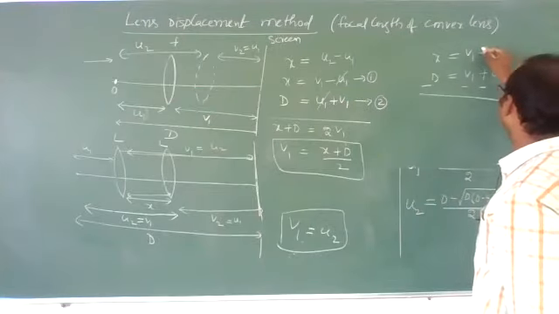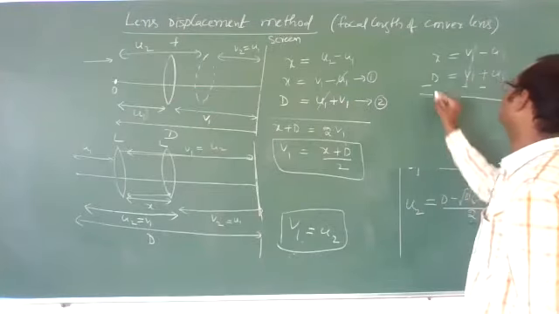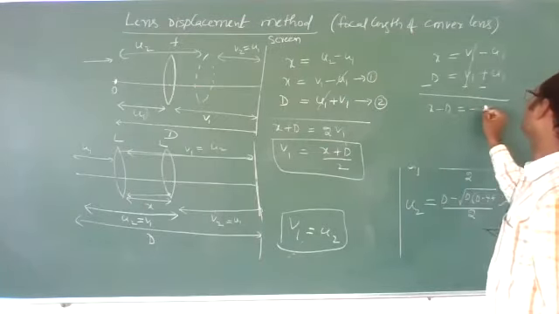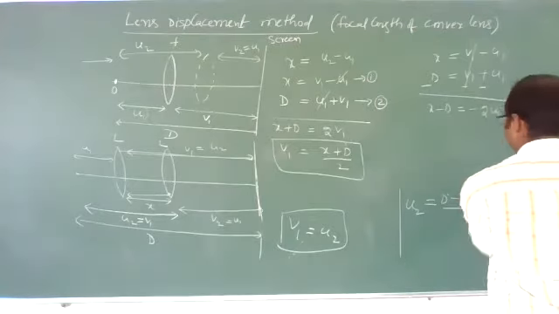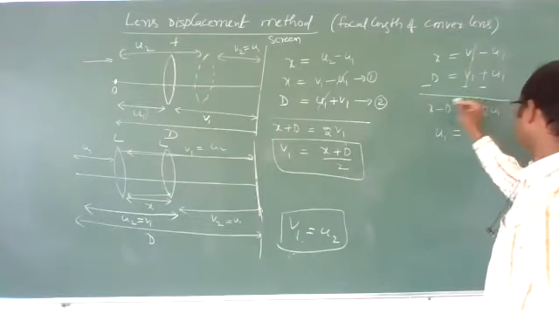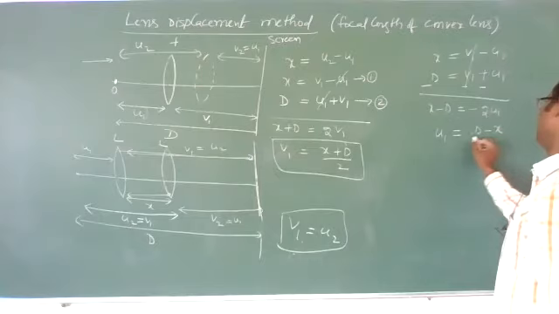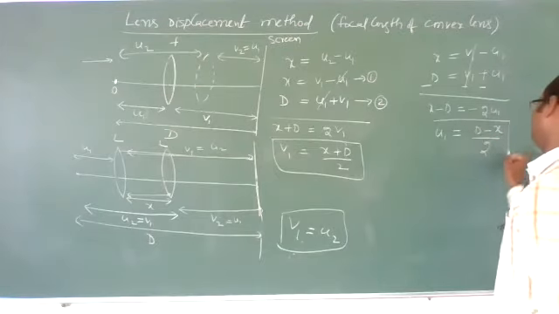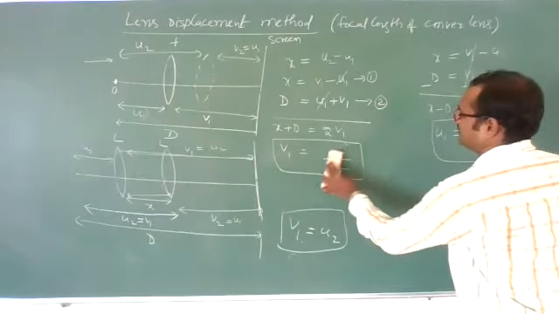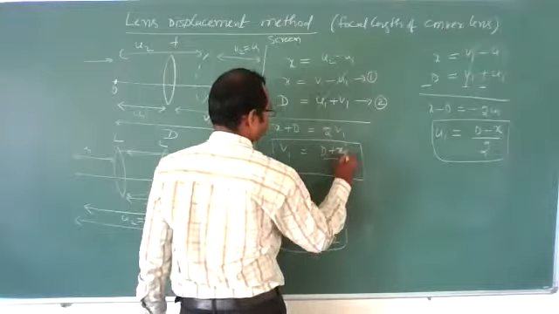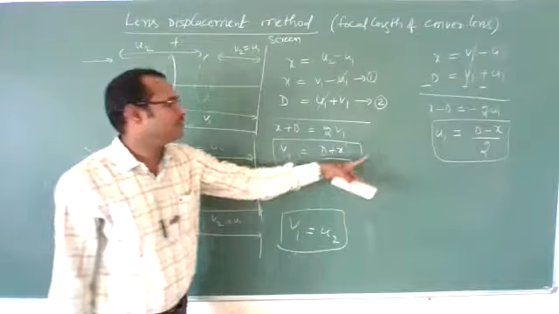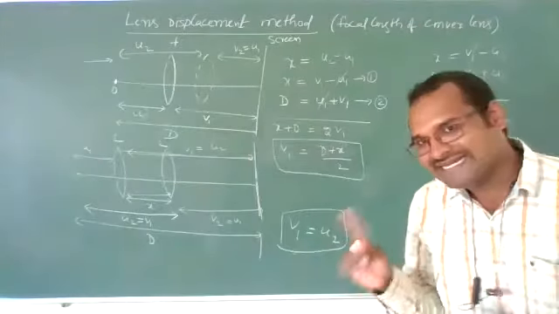What will happen? This will cancel. We get x minus D is equal to minus 2u1. Then what is u1? D minus x by 2. Correct? This minus also I am removing. So it is D minus x by 2. No, better you write this also as D plus x by 2, so that it will be easy for us to remember. Okay? D plus x by 2, D minus x by 2. D and x are known for me.